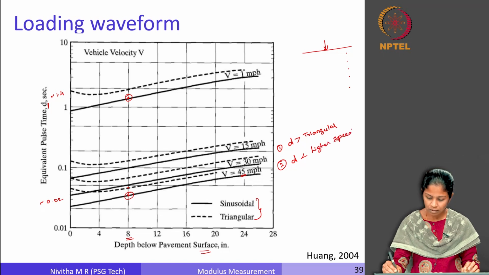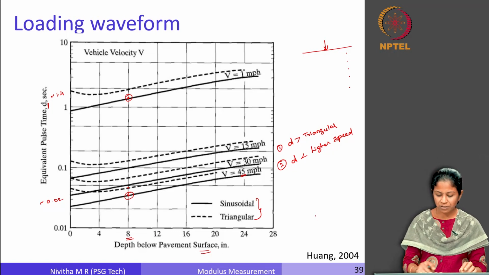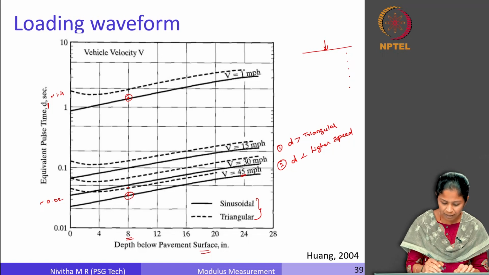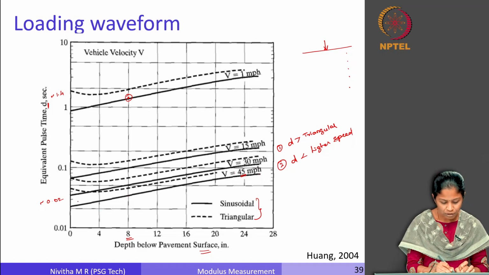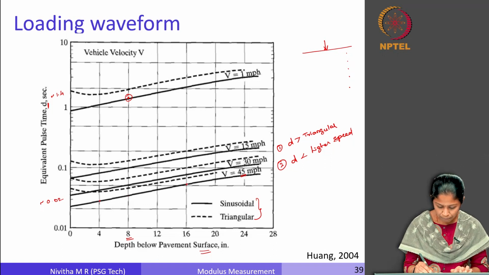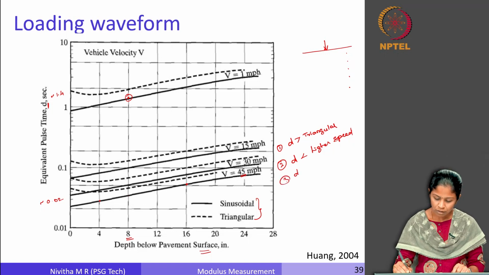higher speed, right. Now, let us look at the third parameter, which is the influence of depth. Let us take 45 miles per hour and let us take different depths, right. Compared to a 4-inch depth from the surface, compared to a 16-inch depth from the surface, you can see that the equivalent pulse time increases, right. So, d increases with